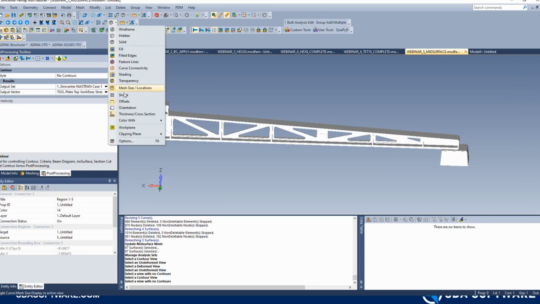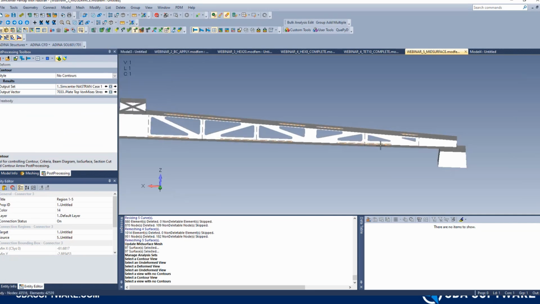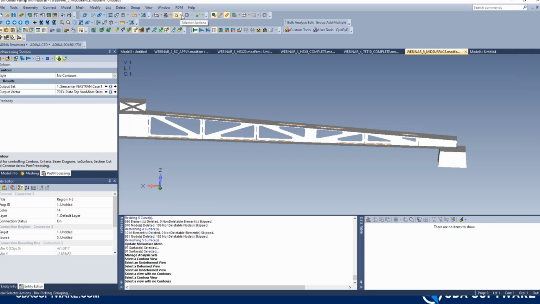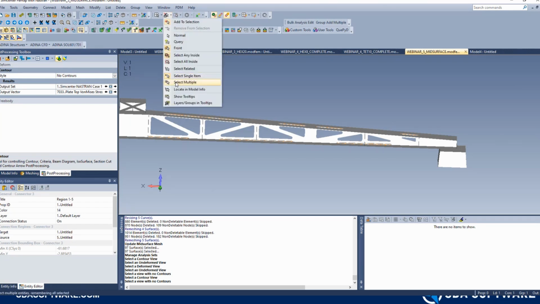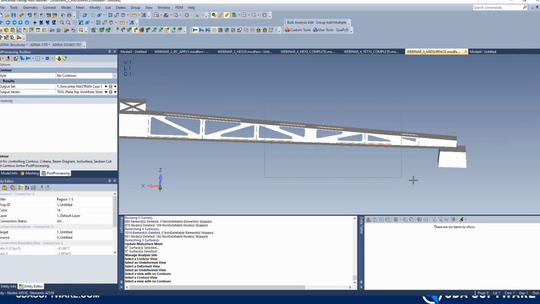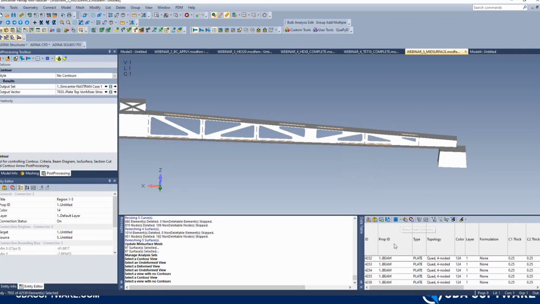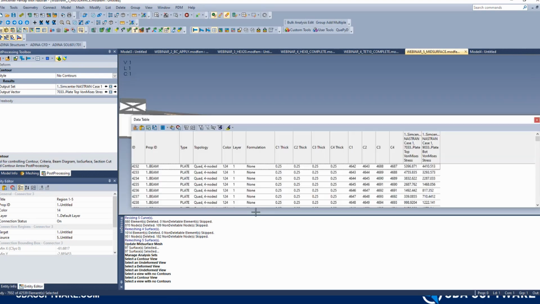So I'm going to turn off thicknesses just to be able to highlight some stuff here. We're going to look at the model, grab some elements in this region and just populate the data table. We'll add a couple results here. I might be interested in the plate top and bottom von Mises stresses. Here we have an interactive tool, I'm going to pull this out so we can see it a little bit better,